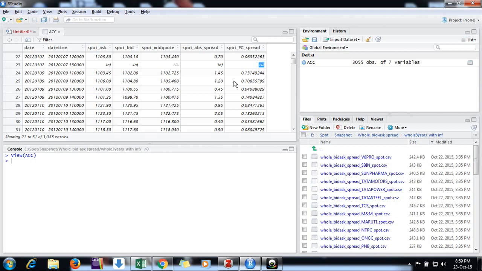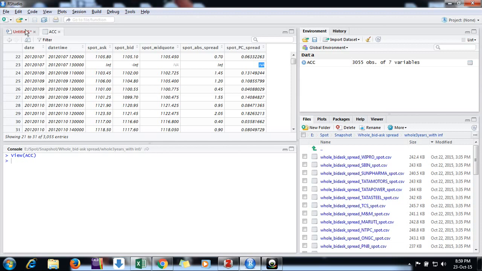So in that situation, sometimes what we want is to make it zero. Suppose you don't want to make it anything, you want to make it zero, or you can convert or replace it like we do in Excel, just find and replace with some number. So here we can replace NA with either zero or any other number.